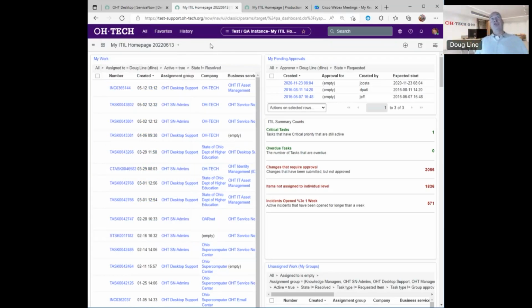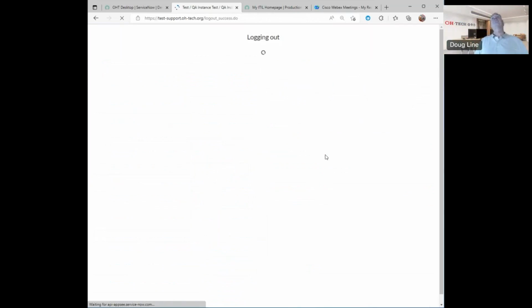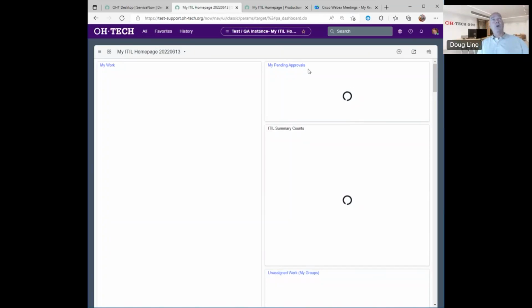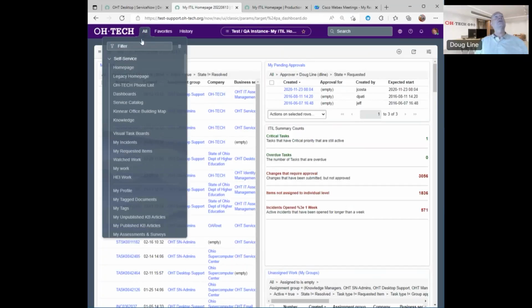The other thing that I will show you, I'm going to go ahead and log out and then log back in. Once you go to a dashboard one time, ServiceNow will not load you back up into a home page. It'll always load you into a dashboard. So I'm going to go ahead and log in. And what we will find is, lo and behold, it drops us into the last dashboard that we were in when we left. And if I want to get back, if I come up here and I go to homepage now,